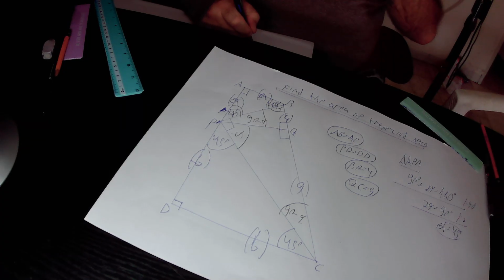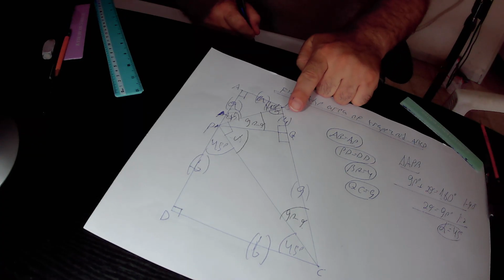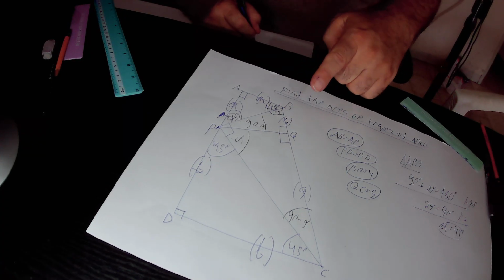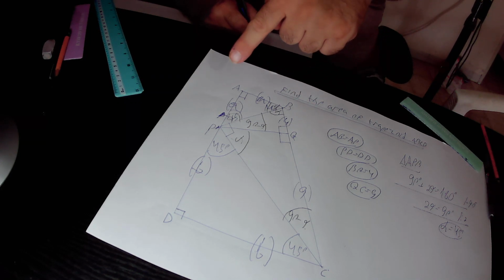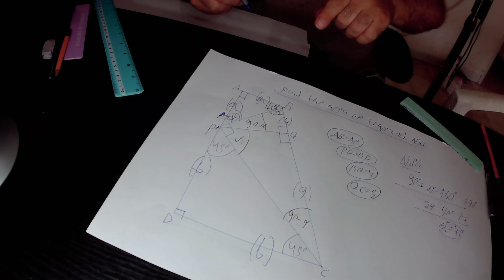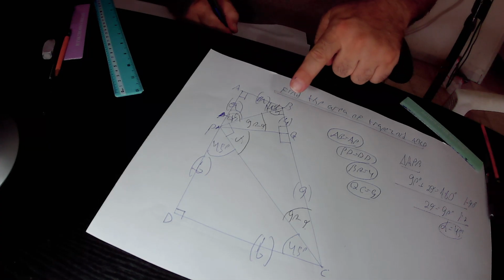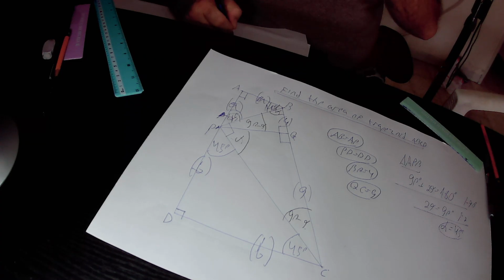is equal to side PQ. Actually, PQ is a common side that belongs to both triangles. PQ belongs to the small triangle PQB, and PQ also belongs to the big right triangle PQC. So PQ is a common side that belongs to both triangles. And also side PQ of the small right triangle PQB over side